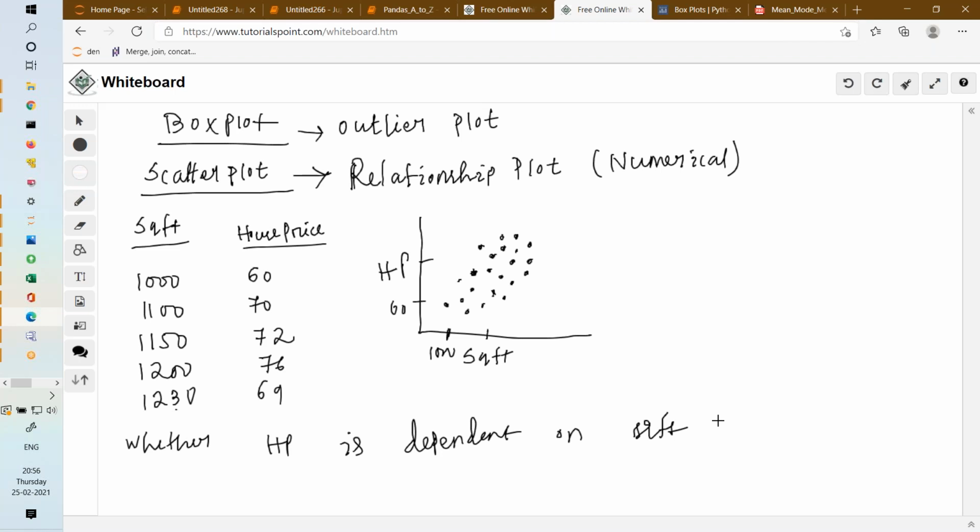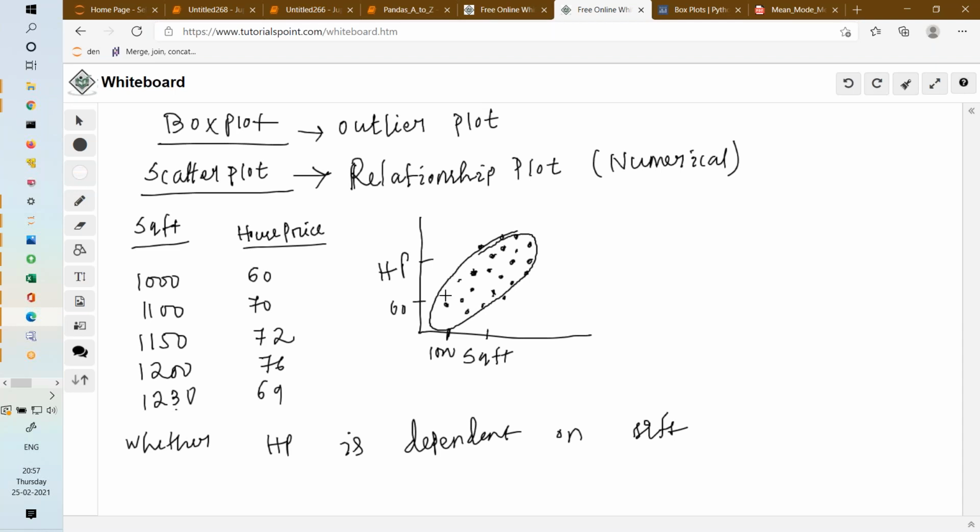Now in this particular case, if you see this plot, can anybody guess, is there any relationship between house price and square feet? Do you think house price is increasing or decreasing if I increase or decrease square feet, or house price is independent? Anyone? Just looking at this graph, what do you understand? It's dependent, increase. Clearly I can see a pattern, right? And this pattern is called a straight line pattern.